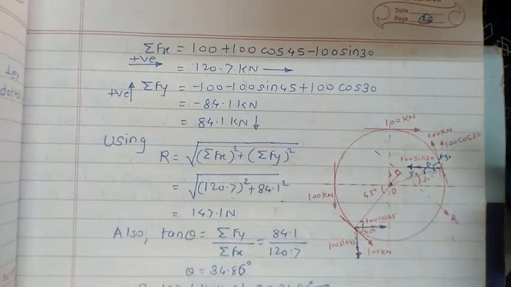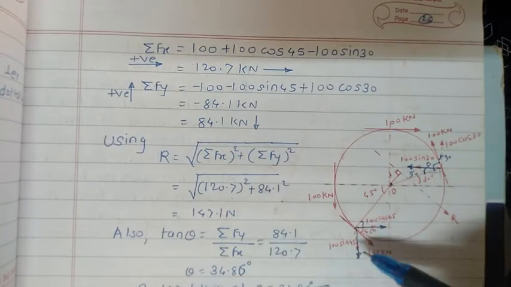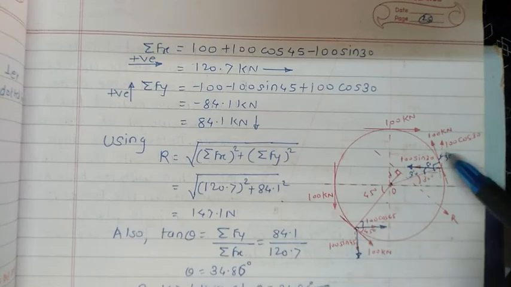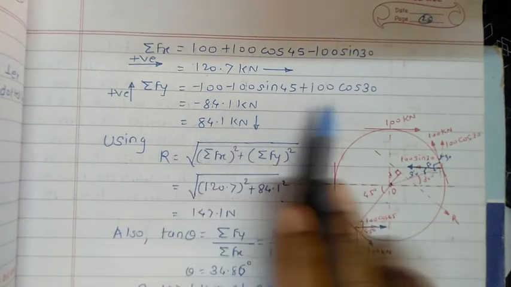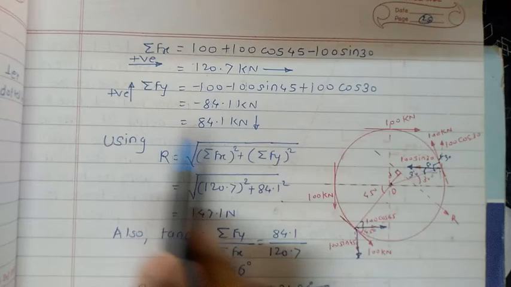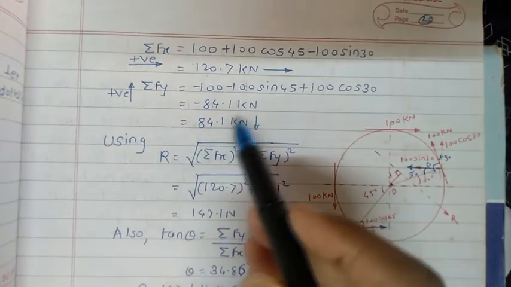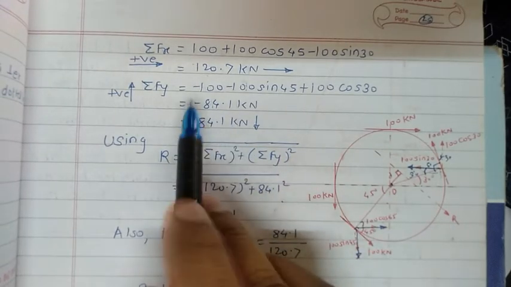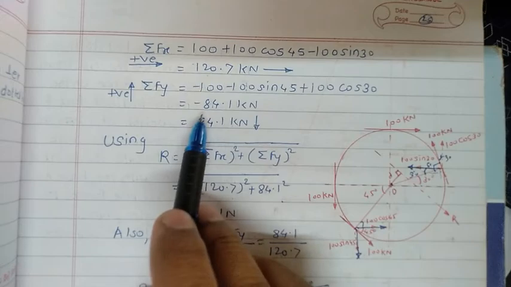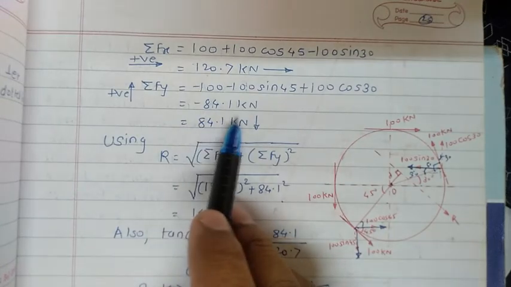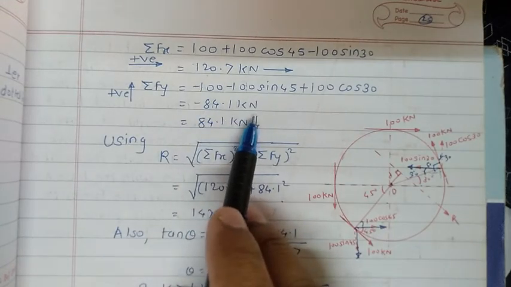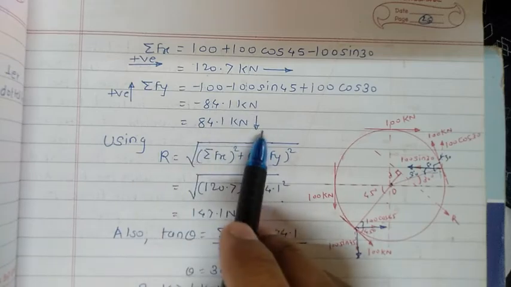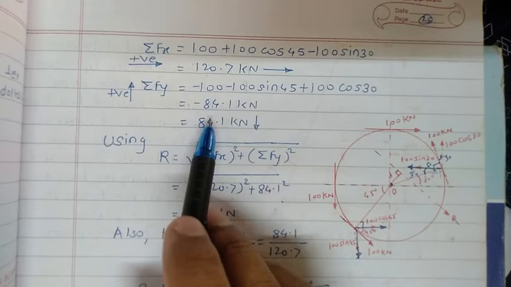Make sure that all the vertical forces are considered. For that, just count all the forces, 1, 2 and 3. 3 forces written here and 3 forces in front of you. Okay, means this one actually tallies. So after doing calculation, you can get the magnitude for the same as minus 84.1 kilonewton. So this can be shown like this one. The downward arrow shows the negative value for the same.